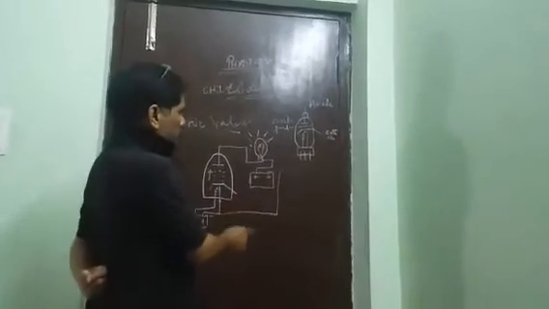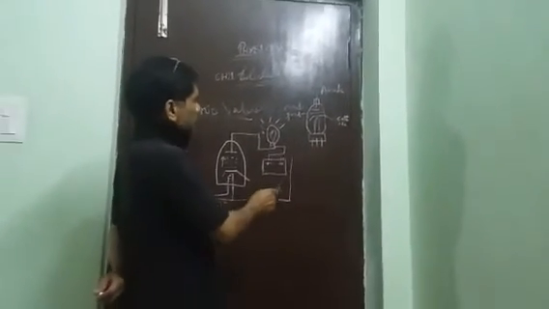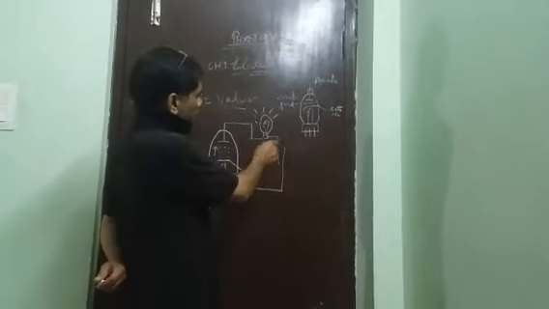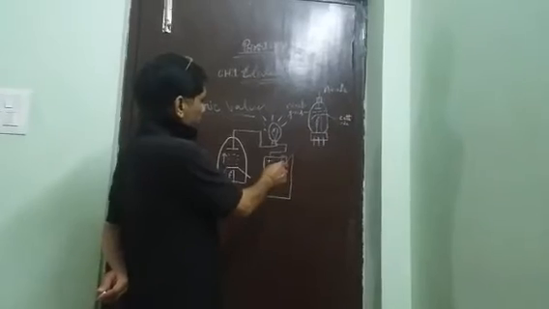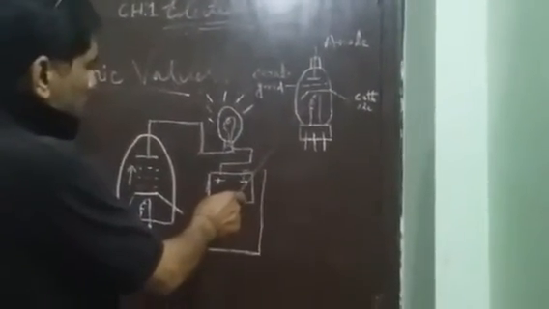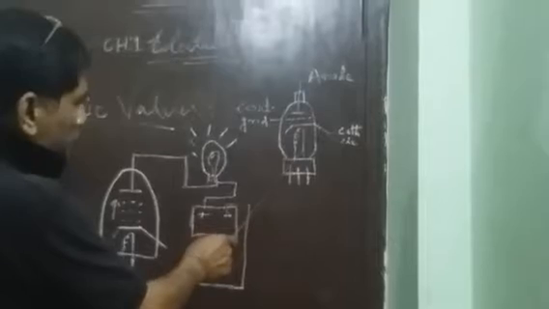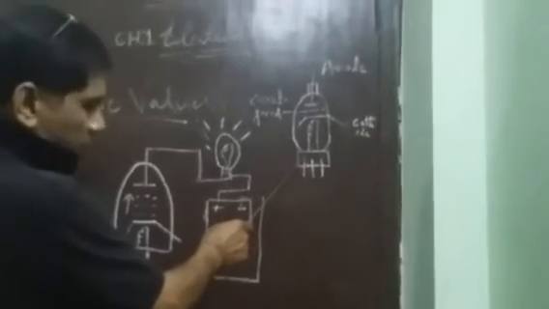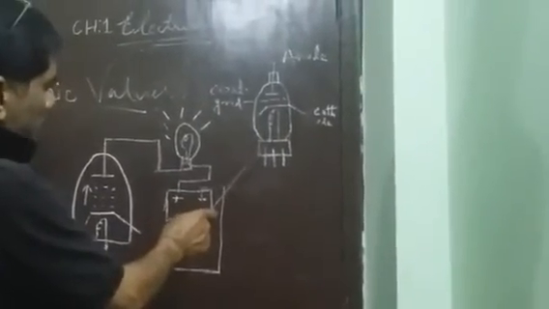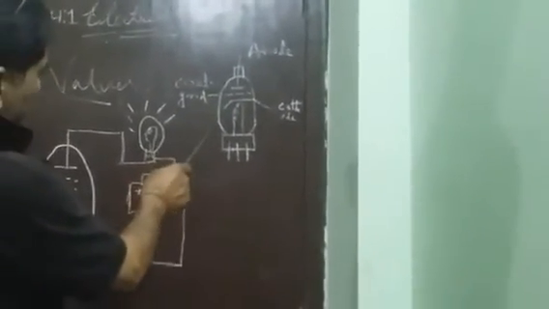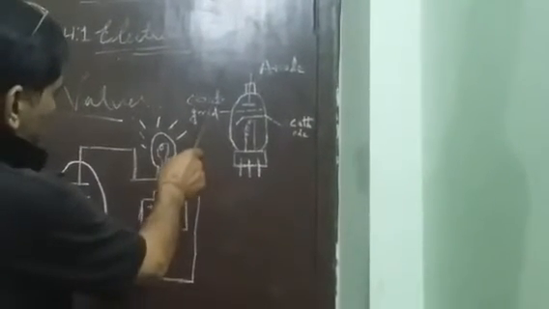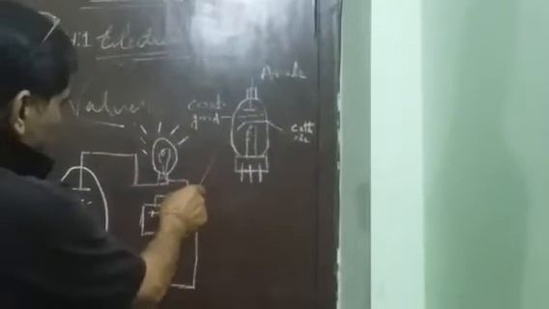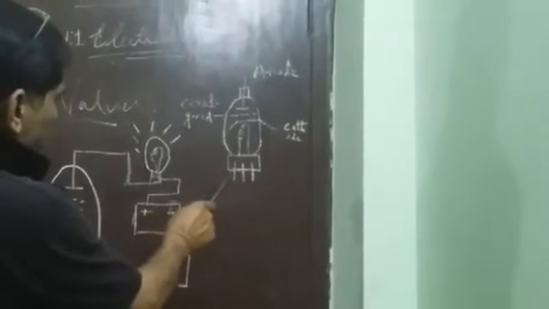What is a vacuum valve? Now I am going to explain. See, in this glass tube there is no air. It is completely vacuumed, and after that some insertions were there. See, this is the filament. This is the heating part of the valve. This is the filament, and this is the anode plate, which means this plate will always be positively charged. This is the anode plate. Now this is the cathode unit.